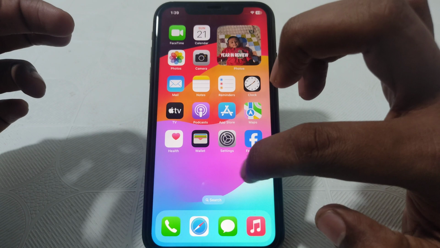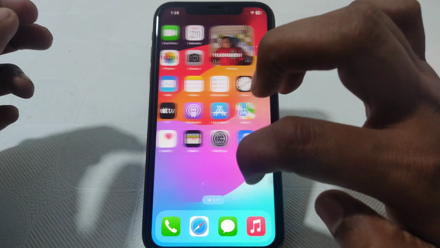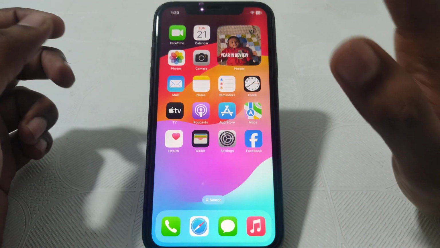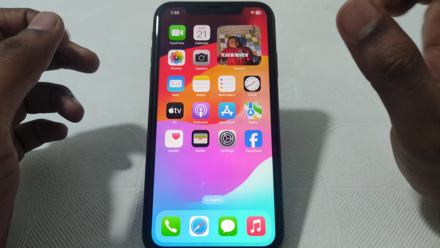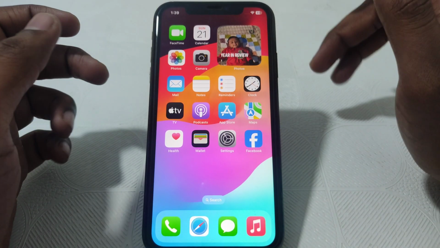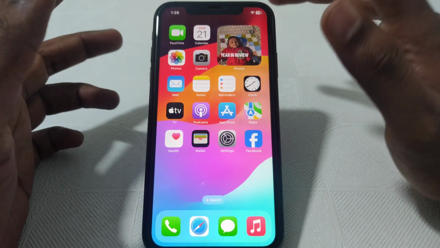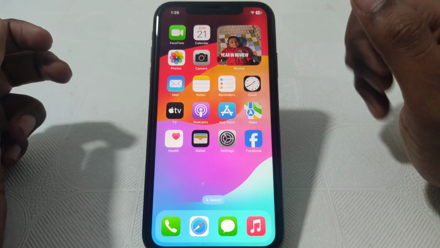And the next thing you have to do after restarting your iPhone, if the problem is still there, you can simply open Safari and open Apple Support, and you can simply ask the question about the problem that you are facing, and there you can simply find many solutions for you, because many people are discussing their problem on Apple Support. In this way you can get a solution for your